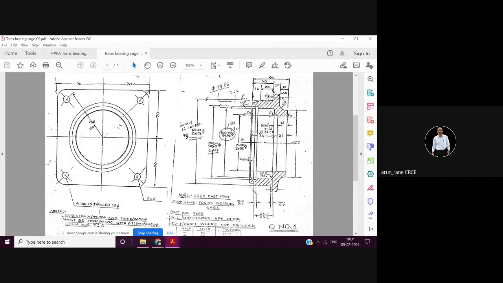Based on the geometry means, if this is rotating, it should not rotate out, or if at all it is rotating out, it should be within 0.05, because there is nothing like zero. 0.05 is also too high. Generally we give a total indicator runout of 0.02. Meaning, the pulley that sits on it, suppose, and the shaft inside it, that pulley will not run out more than 0.02.